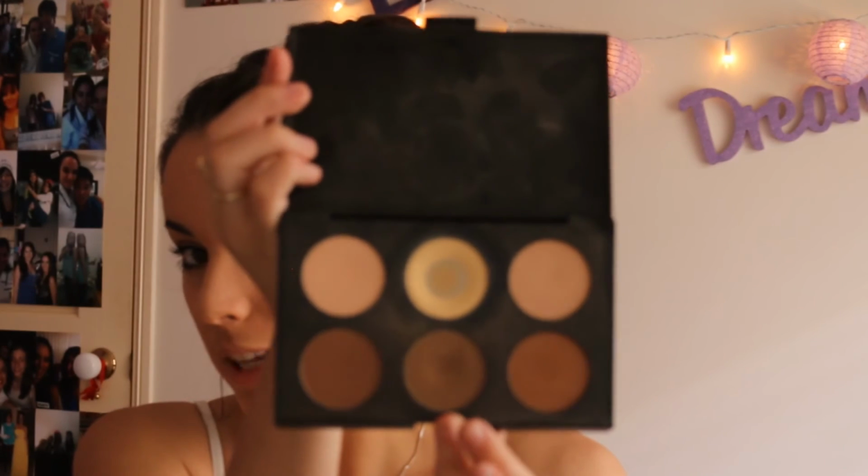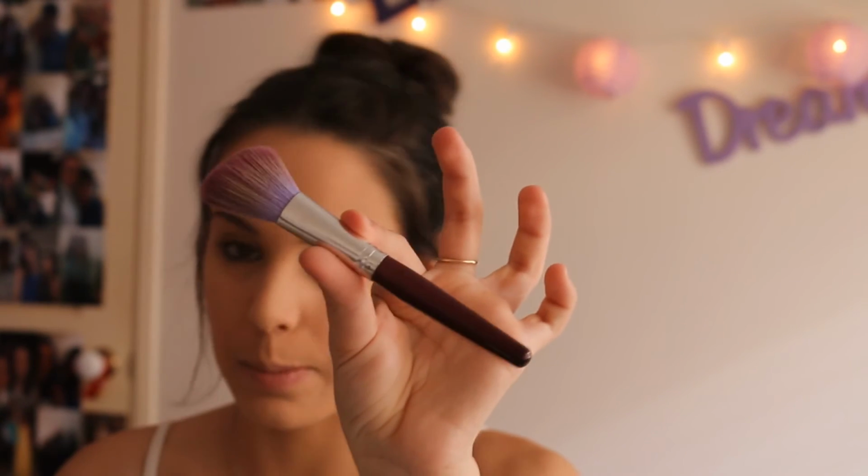Okay, so for my contouring, I'm going to go back to my Australis Contour palette, and I'm going to be using the same shade that I used for my eyebrows. And I'm going to be taking that, where's my brush? Here we go. I'm going to be taking that on an angled contouring brush. That's by a brand, I don't know, but I showed you before, the one that is most likely from eBay. And like I said, I'm going to be taking the middle colour, and you need to be so